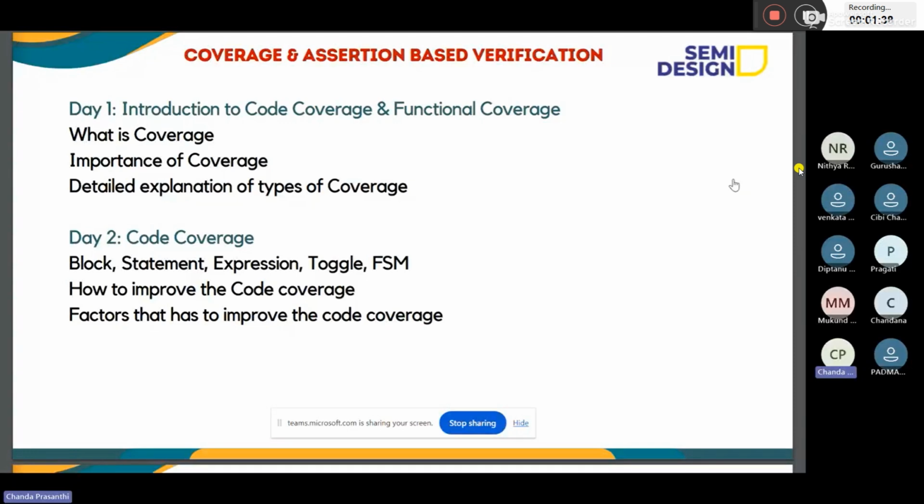Next, code coverage. As I told you, there are different types of coverage: code coverage, functional coverage, toggle coverage, assertion coverage.